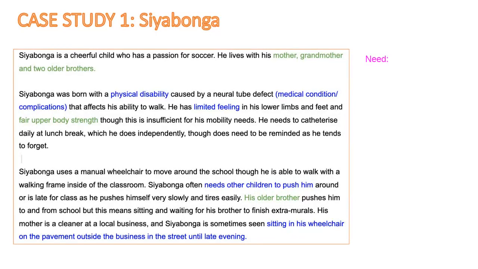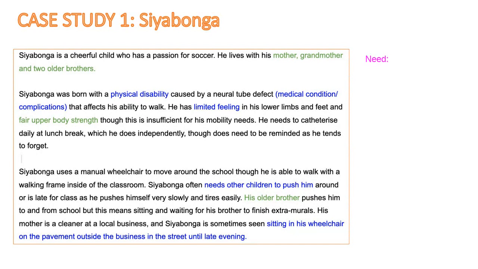He needs other children to support him. So he has a mobility need. Okay, so he has a mobility need. So he needs additional assistance or support in terms of need. So there is an area that we can either look at supporting him in class with, if it's in class,